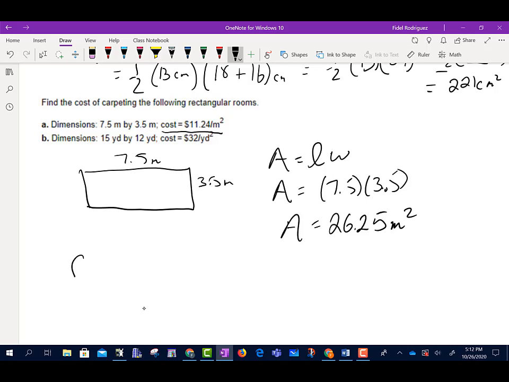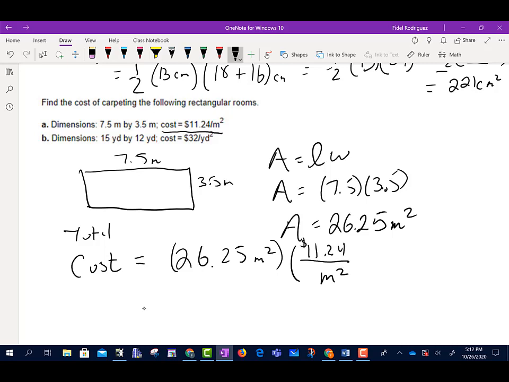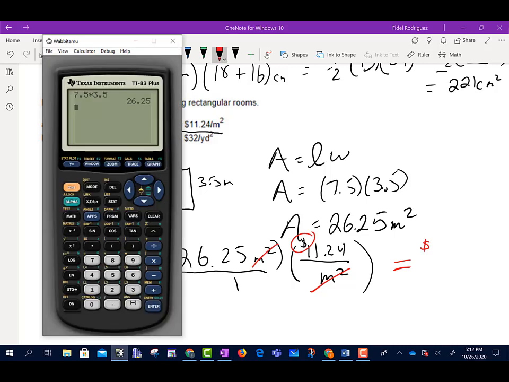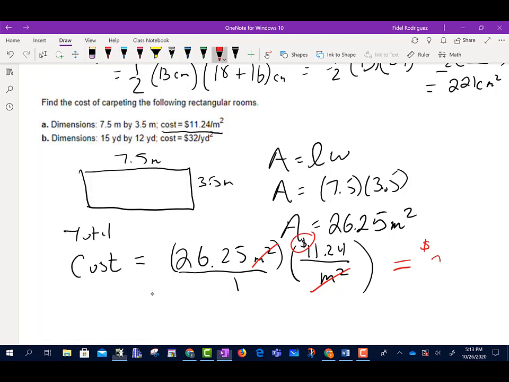Okay, so the way we're going to do the total cost is I'm going to take my area, which is 26.25 meters squared, and multiply it by $11.24 per square meter. You can think of this over 1 if you want to. Now again, I want you to notice before, meters squared on the top, meters squared on the bottom are going to cancel out. The only units that I have on the top are now in dollars. So 26.25 times $11.24, and we are coming up with